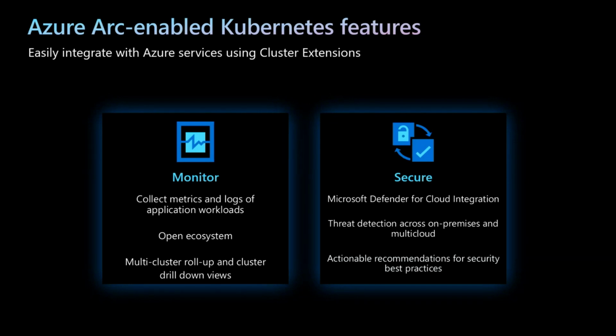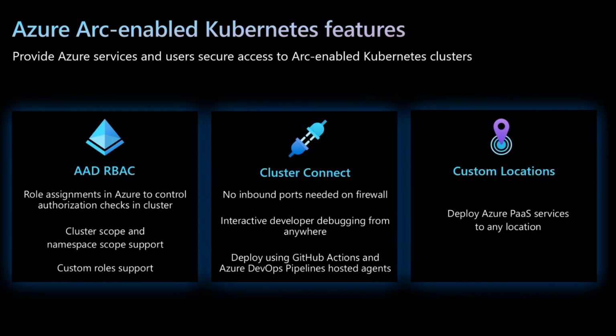It's more about getting a similar monitoring and security experience as you have for AKS on your Arc-enabled Kubernetes cluster. These are a bunch of other capabilities. Now you can have Azure AD-based RBAC control to manage your cluster as well. You can have cluster or namespace scoped controls. You can define your custom roles as well and manage who can run certain kubectl commands on the Kubernetes cluster and other stuff from Azure AD RBAC based access control itself.